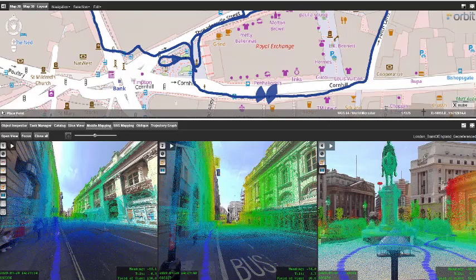The GPS of that NCTech camera provided you with the trajectory you see on the top in these blue colors, and you will always see the spots where the images were taken.